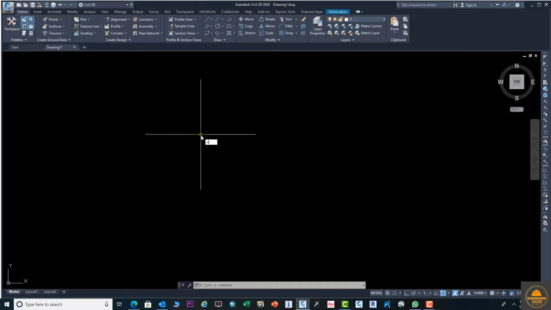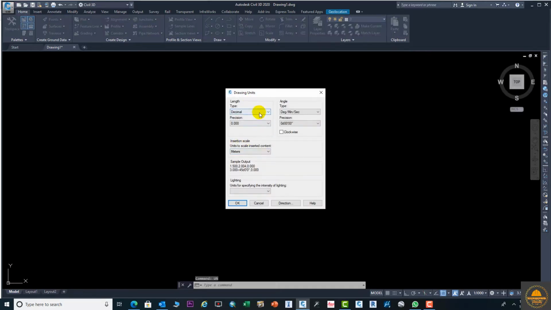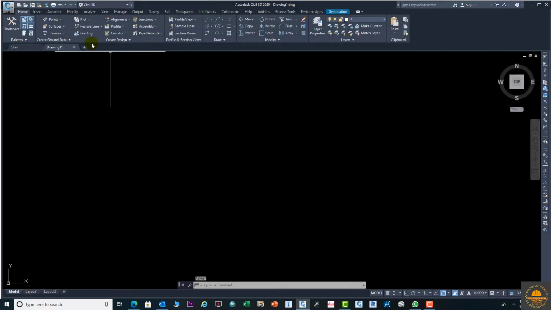First of all, we will check our unit. Just press UN and select your unit. The unit is definitely good because we already corrected it. This is our drawing setting. Select your unit from here. Okay, let's click OK. And now, if your toolspace is off, you can turn it on from this option. Just select this. You can turn it on from this